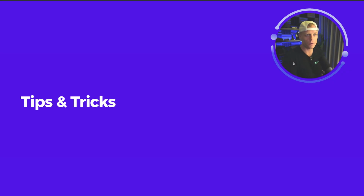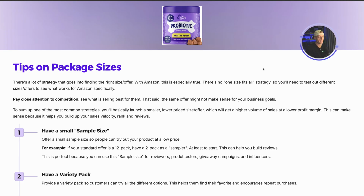All right, let's go over some additional tips and tricks that I think you should know for the best launch in the pets category before we get into the creative stuff. So, tips on package sizes. There's a lot of strategy that goes into finding the right size and offer on Amazon and in retail. And of course, there's no one